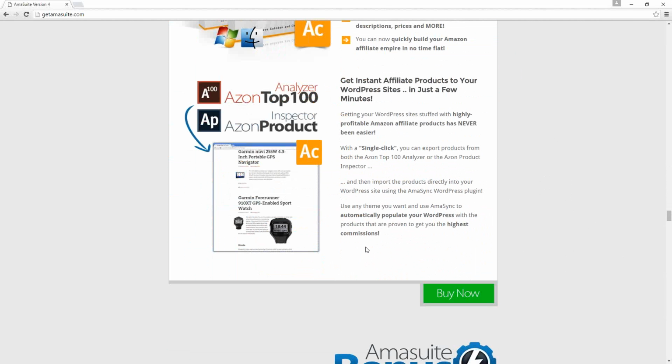Now, just like I would recommend for any other kind of software that will automatically generate pages for you, especially based on Amazon product pages, is to go through and do a heavy amount of customization and to publish them very sporadically. You don't want to go through and publish 100 pages at a time in something like this, because the amount of time it's going to take you to go back through and customize those pages is going to be way too long. Google's going to find them long before you get through all of those different pages.